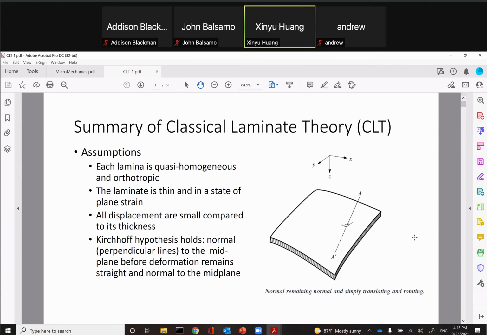All right, let me draw a picture. So if this is a midplane,